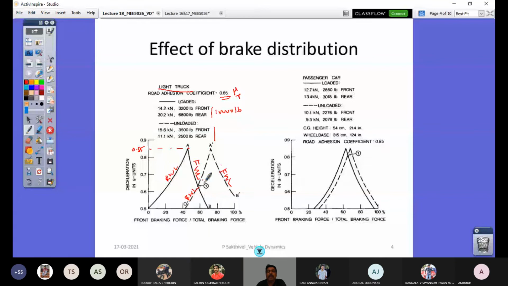So to compromise, this point of intersection is chosen, and there you get only 0.65 as a deceleration. So the efficiency of your vehicle braking system is 0.65 by 0.85 on this road surface, right? So this plot would be changing accordingly. This is one case study. If I change this, I will have all this varying. And this is for the light truck. If you take the same scenario for a passenger car, this deviation is not too much. See, it is here, so the operating point is very close to this. It is 0.8 and 0.85.